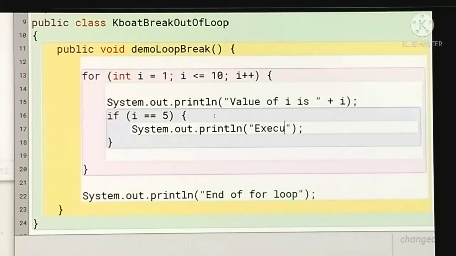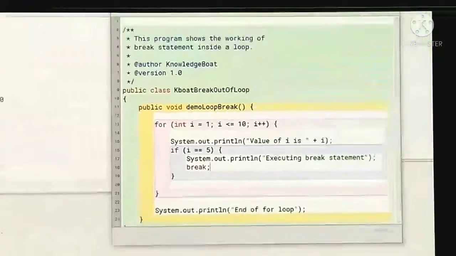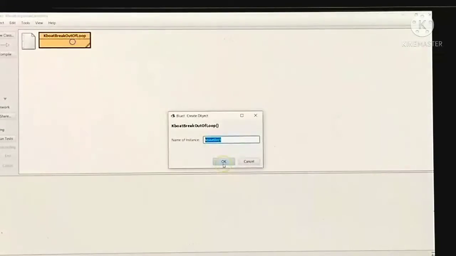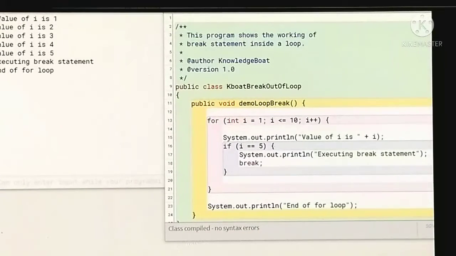If i is equal to 5, then it will exit from the loop, because we are using the break statement under i is equal to 5. In that case, what will print on the screen is the values before 5, like 1, 2, 3, 4.